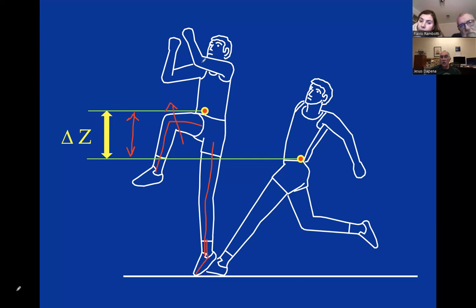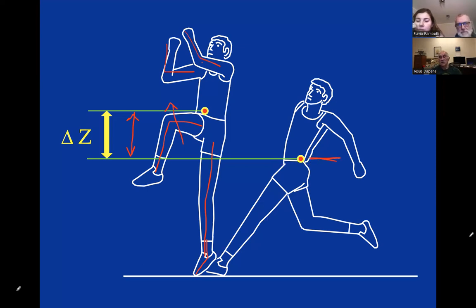And the arms also, you want them to be high. Okay, with all of those things, you will be in the highest possible position at the end of the takeoff phase. And this is very easy to do. Yes, the difficult part is being low at the start of the takeoff phase.